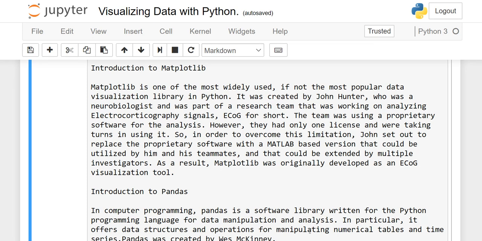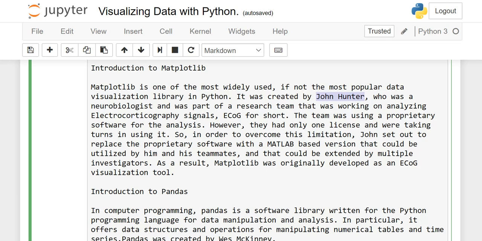Matplotlib is one of the most widely used, if not the most popular, data visualization libraries in Python. It was created by John Hunter, who was a neurobiologist and was part of a research team that was working on analyzing electrocardiography signals, ECOG for short. The team was using proprietary software for the analysis.